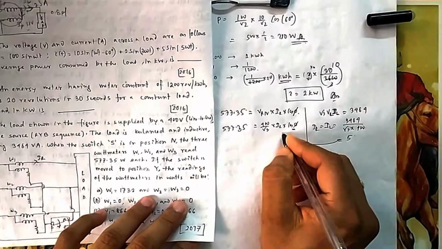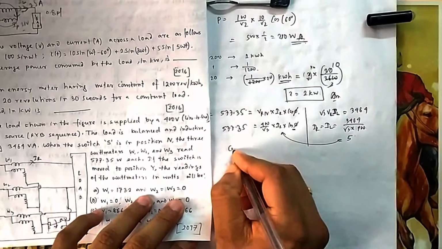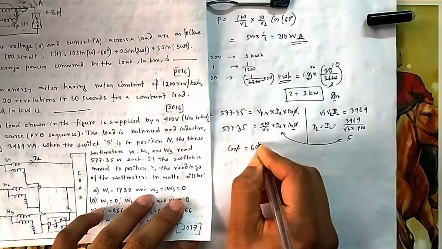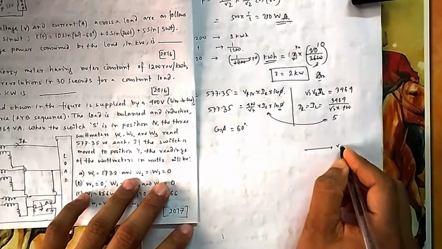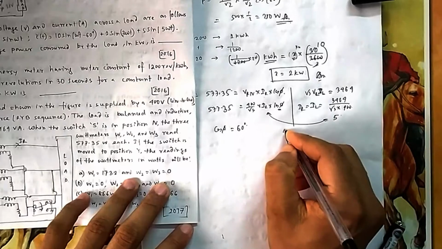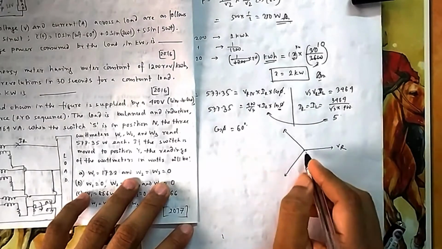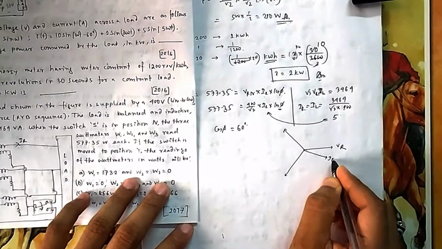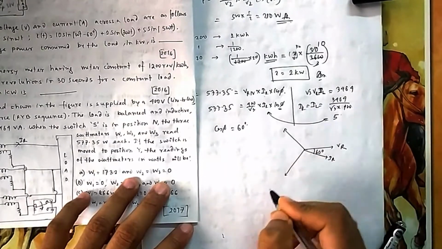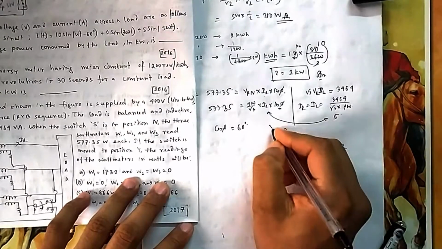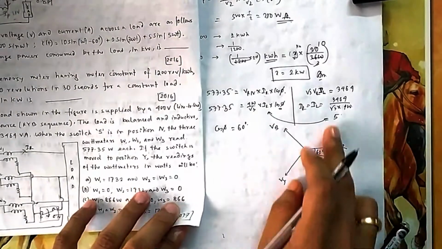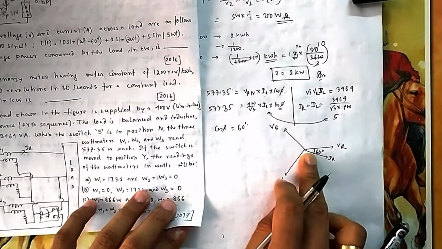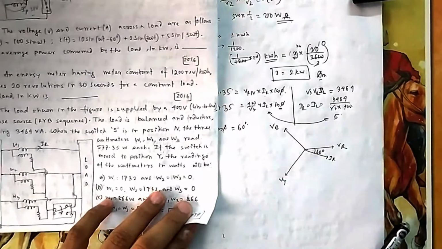So if you put 5 here, then your cos phi will be equal to, you have to be careful which one is your cos phi. I am saying one more time. This is VR, and the angle is between VR and IR. This angle is your 60 degree. This is VR, VY, VB. All these will be phase voltage, 400 by root 3, and this magnitude is 5. Length is 5 and this angle is 60.